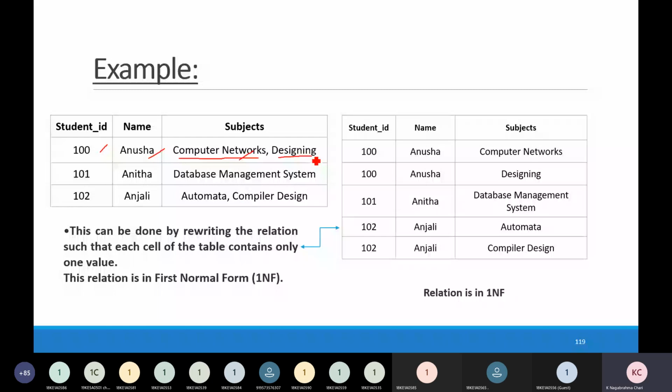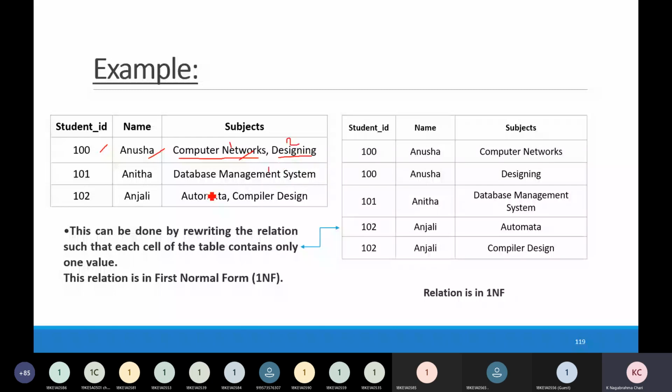Now what is the problem here? The problem is that the columns contain multi-valued attributes. Here there are two subjects, computer networks is one and web designing is two. Here only one, so a single valued attribute.